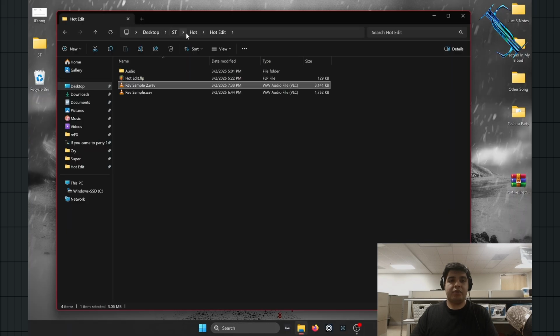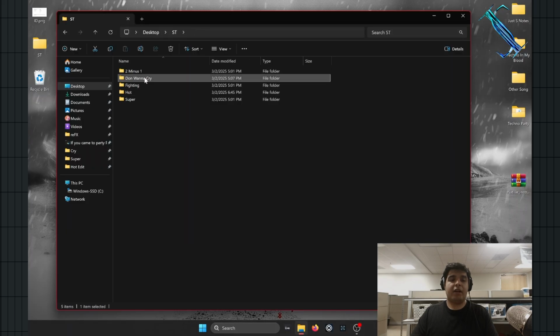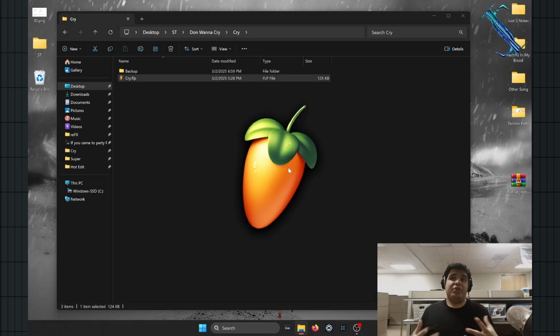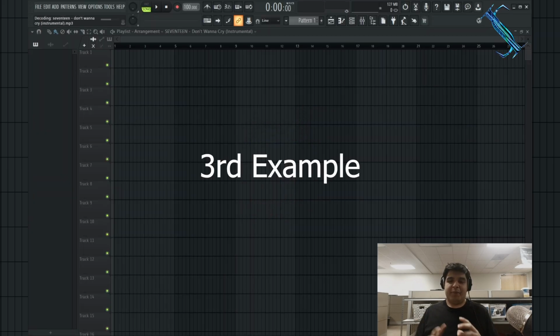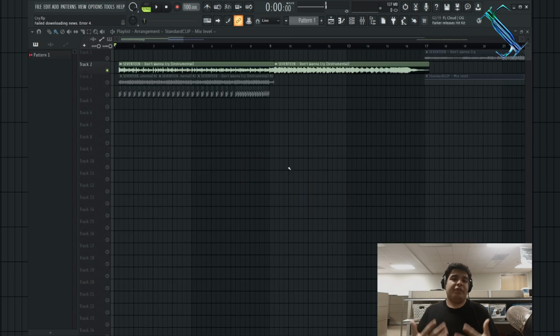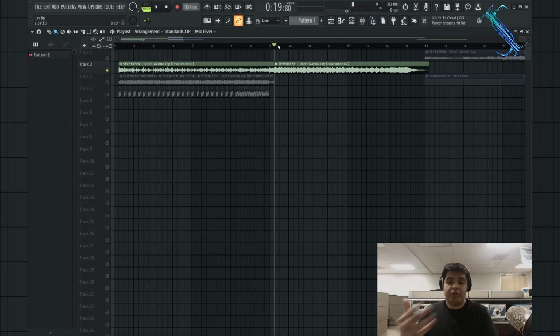Let's go to Cry. Don't want to cry. This one, if I remember correctly, there was really no good part particularly because the other parts were too energetic, and especially for this type of song, it has a very low BPM, 100, not terribly fast, but I didn't want the first 32 bars of my intro to be super impactful like the last 32 bars are for the intro. So if you can hear right here,